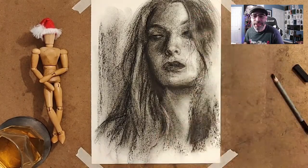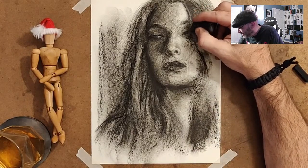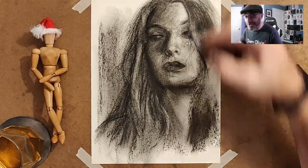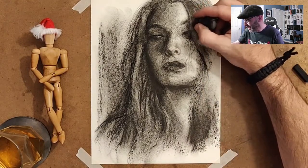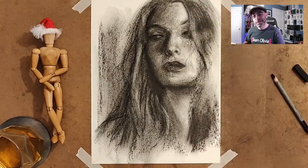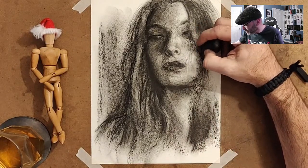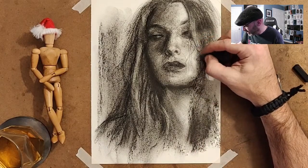And you can get a little bit fancier than that. I like to punish myself and use the most difficult stuff. There's some products out there that I would love to buy, it's just a little bit pricier. Like you can get charcoal powder and some smudging tools to work with the charcoal powder. I've seen some people create really cool pictures with that stuff. It comes out super soft, really pretty,